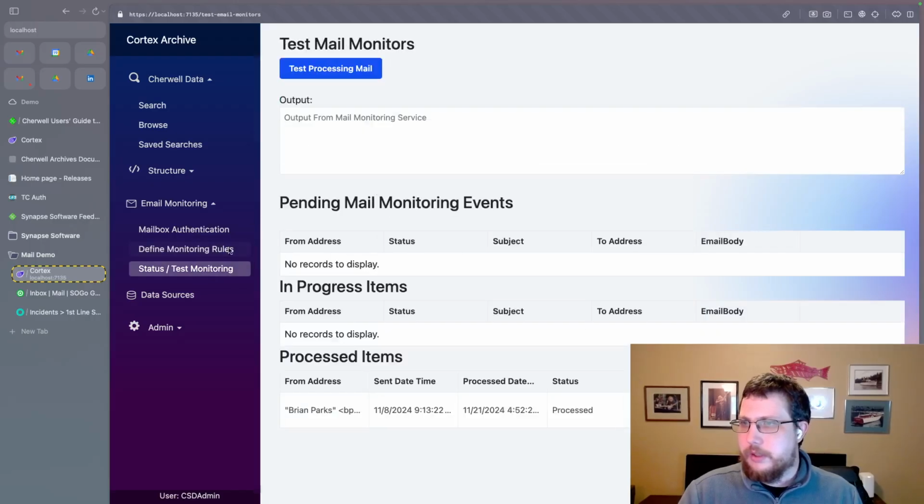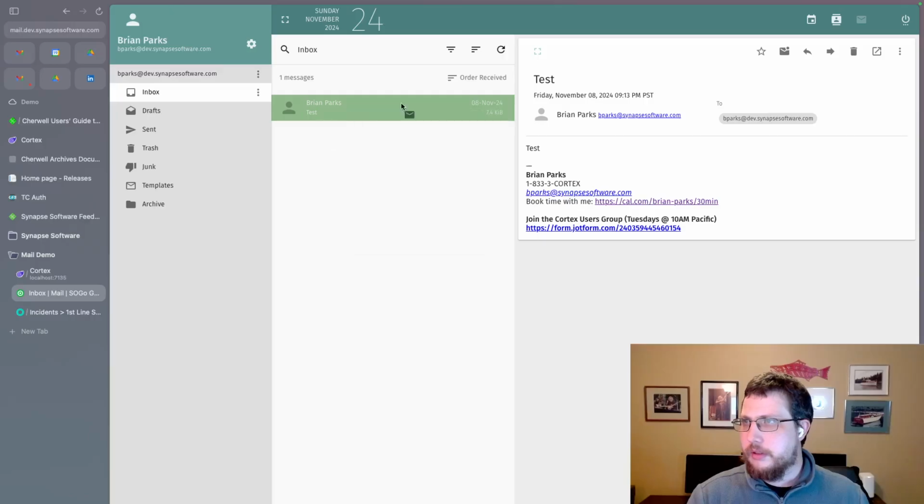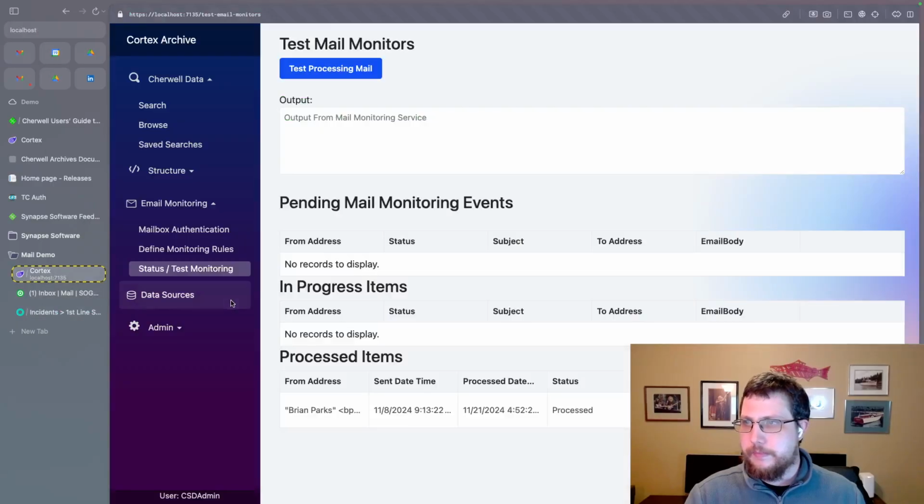I could go over to this test monitoring screen, and you can see there's actually one that's been processed already a few days ago. But I'm actually going to leave this screen up, and I'm going to set an email as unread. If I can remember how to do that, let's see, mark as unread. Okay, so we see one unread, and it just alerted me that there's one unread. And now we're not going to click that button. We're actually just going to wait